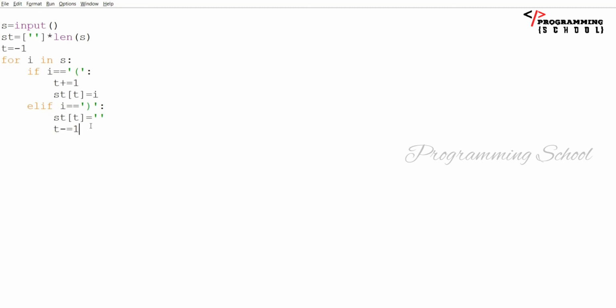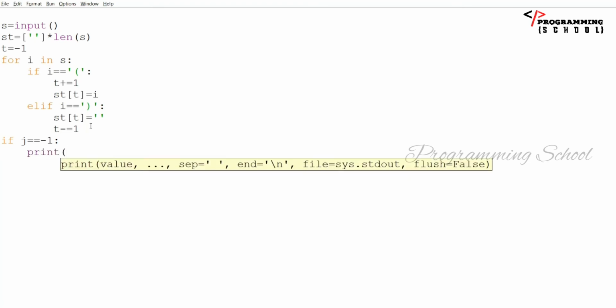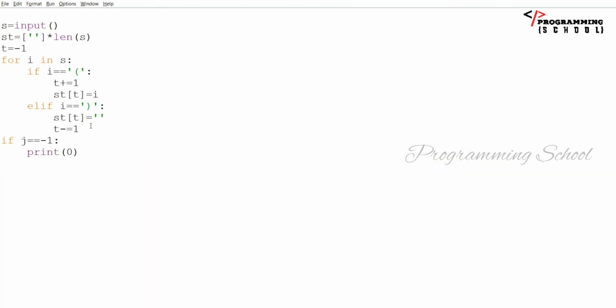And coming out, I'm going to check if t is equal to -1, that means the stack is empty. I'm going to print 0, else print 1. That's it, nothing else.